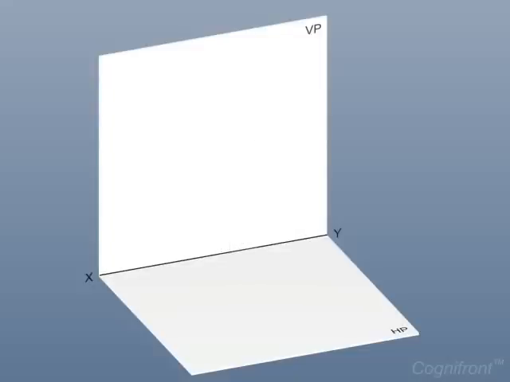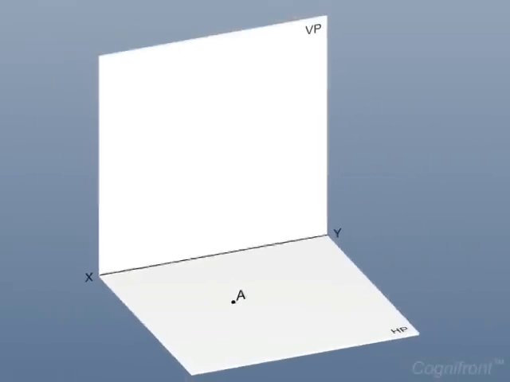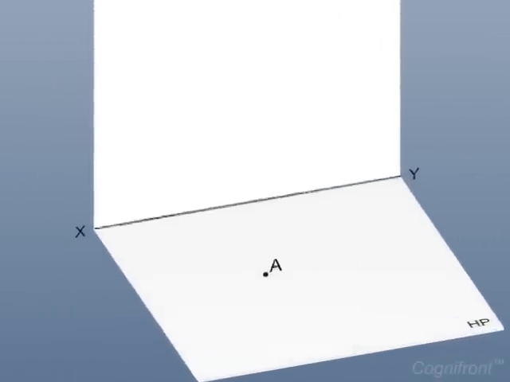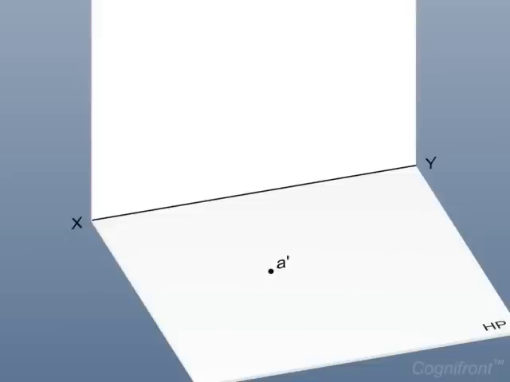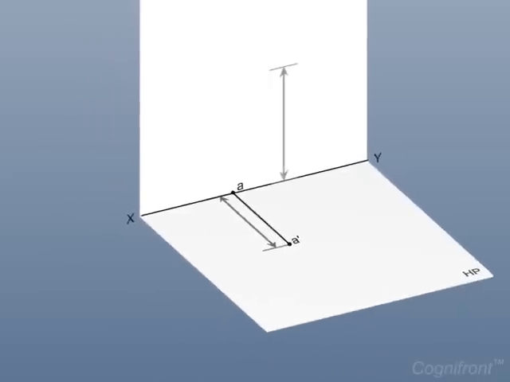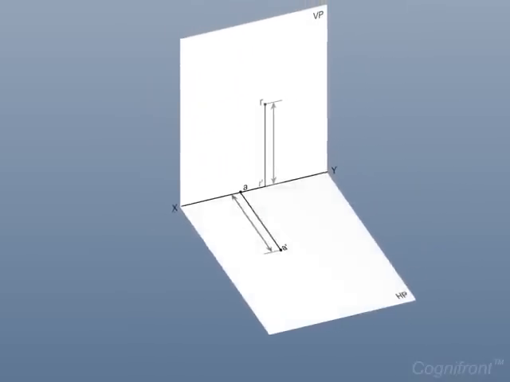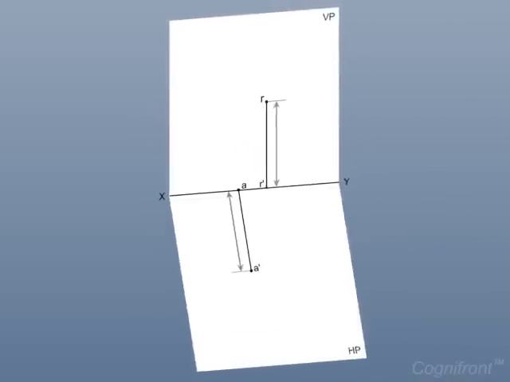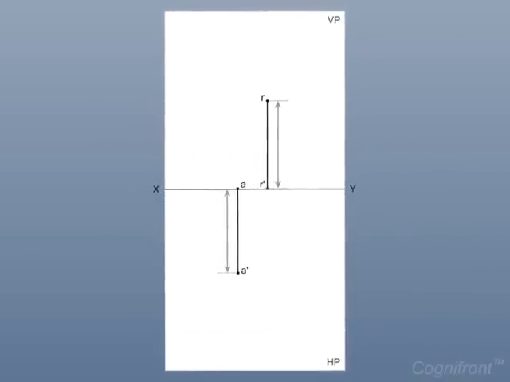Similarly, if a point, say A, is lying within the horizontal plane of projection in front of VP, observe its top view A dash and front view A. So friends, now you have got acquainted with the concept of projection of a point in the first and third quadrant. And in the next session, we'll continue a similar discussion for lines and planes.